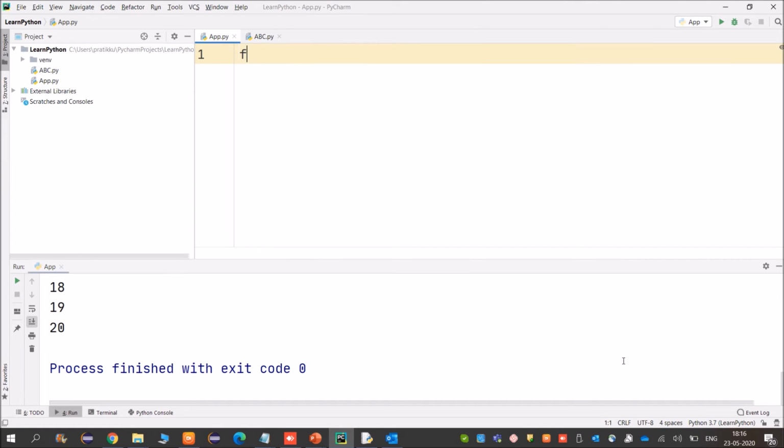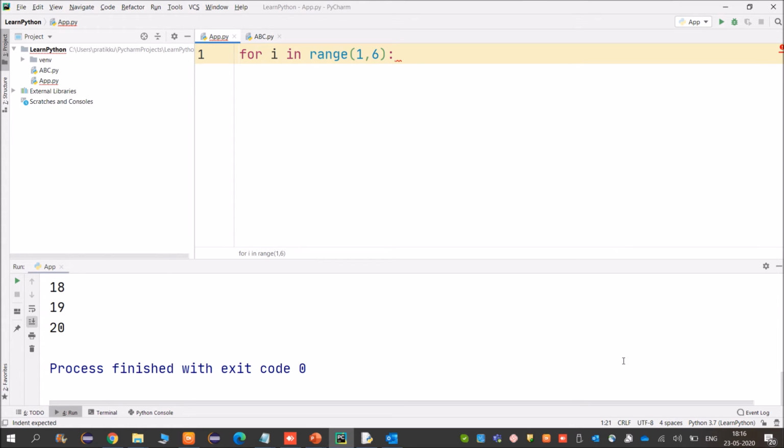Now what I will do, friends, I will take the for loop. First for loop, outer for loop. For i in range, suppose friends, I want to print 5 rows and 5 columns. So for i in range 1 to 6. Why have I taken 1 to 6? Because friends, I want to print from 1 to 5. So it will not include the stop value. So 1, 2, 3, 4, 5.